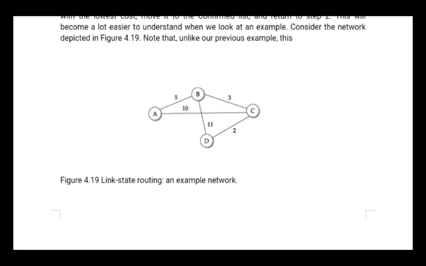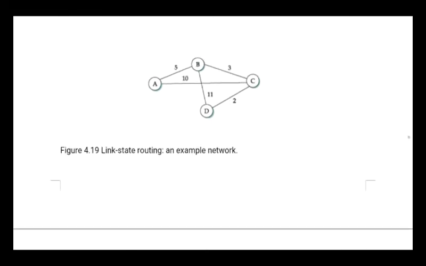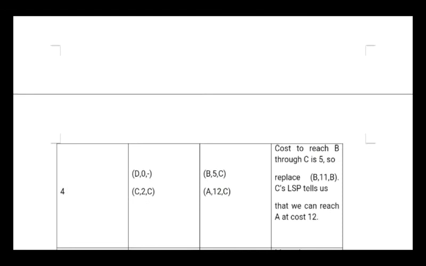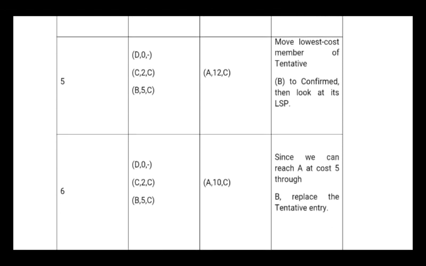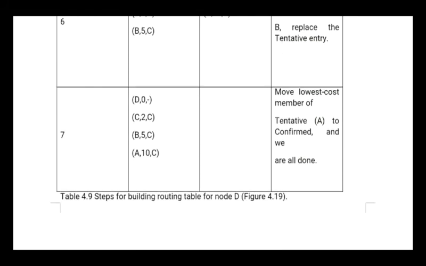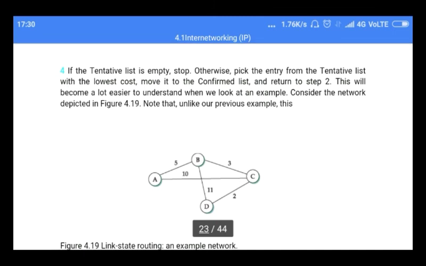So it is going to confirm this one and put it into the confirmed list. That is, D can reach B through C at the cost of 5. So it maintains that D can reach B at the cost of 5 through C. This is the confirmed list. Similarly for all the other nodes, D can reach A at the cost of 10 through C only. This is also the shortest among all, so it is going to put it into the permanent list.